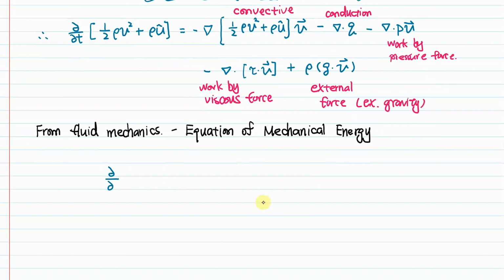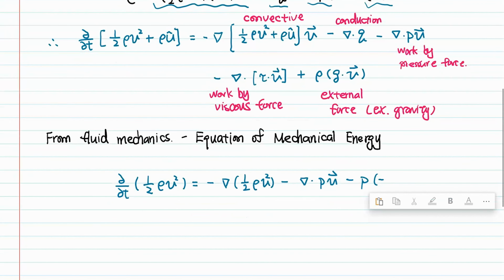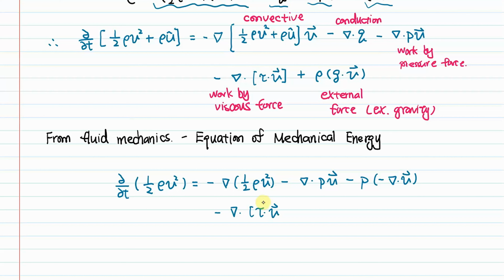So we have partial t of the mechanical energy term, 1/2 rho v squared, equals negative gradient of the mechanical energy carried by the fluid, minus gradient dot pv, minus p times negative gradient of velocity, minus gradient of shear stresses with respect to velocity, so work from shear forces, and minus gradient, and also we have external forces. Okay, so